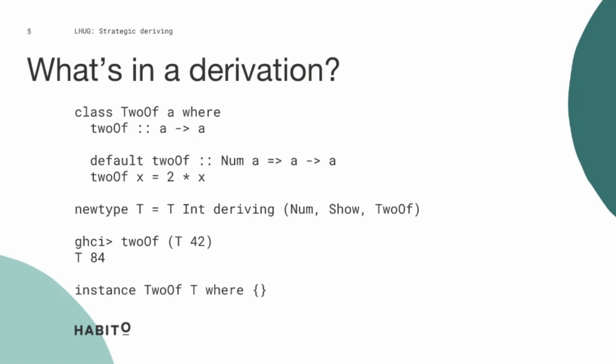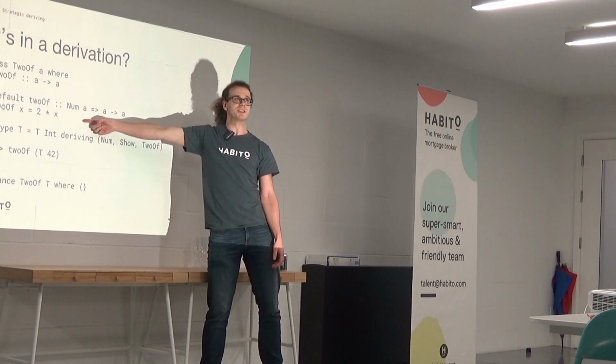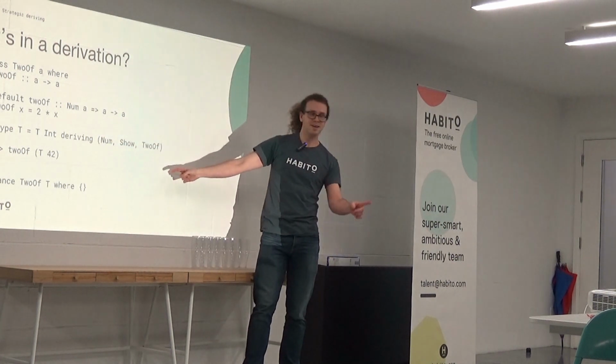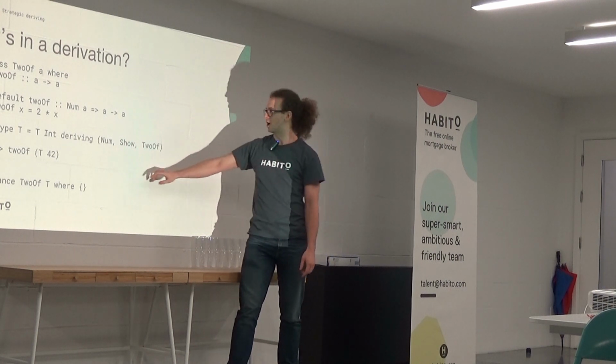So here I've just made up a terrible type class because it has no laws, sorry, which says a type A is a member of the class To of if there's some way of taking an A and making two of it, say. And here's a default implementation which says if A is an instance of the Num class, you can implement this method just by writing a function that doubles its input, right? And then I might say, and here's a horrible line, make T a new type of Int and derive Show,